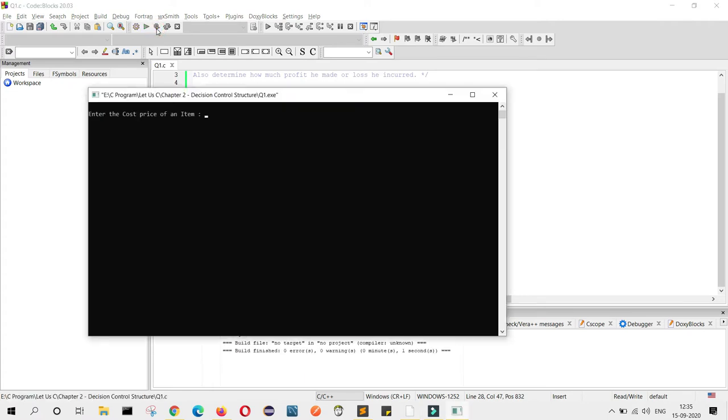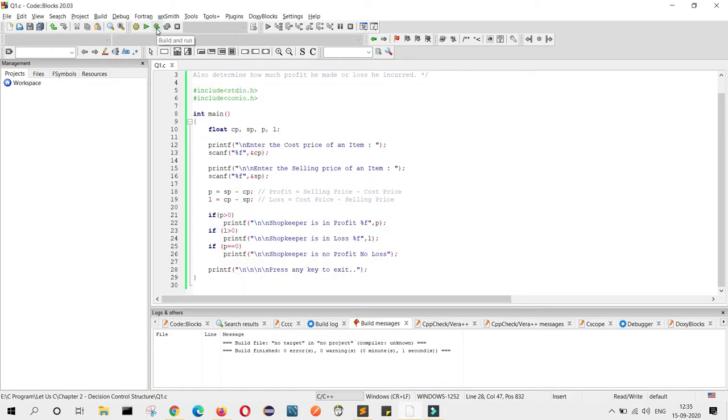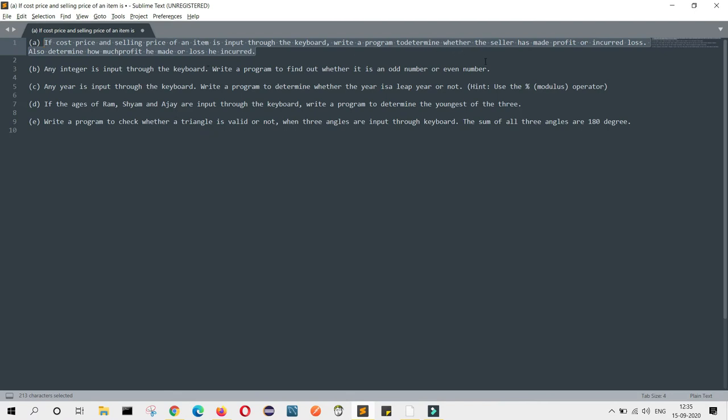Enter the cost price 63.54. Enter the selling price 89.36. Shopkeeper is in profit of rupees 25.82. Now again we will see the next question. The next question is,